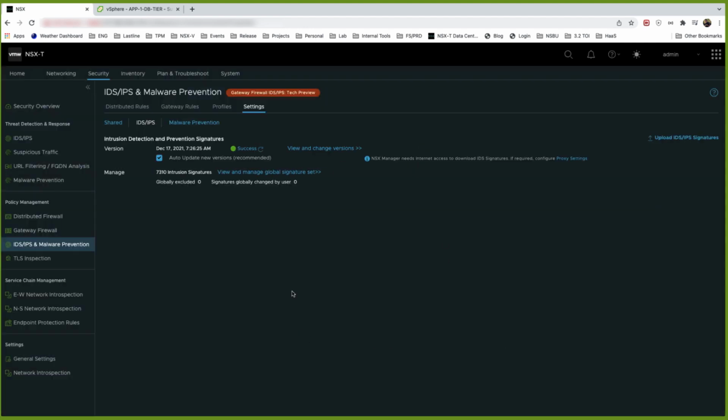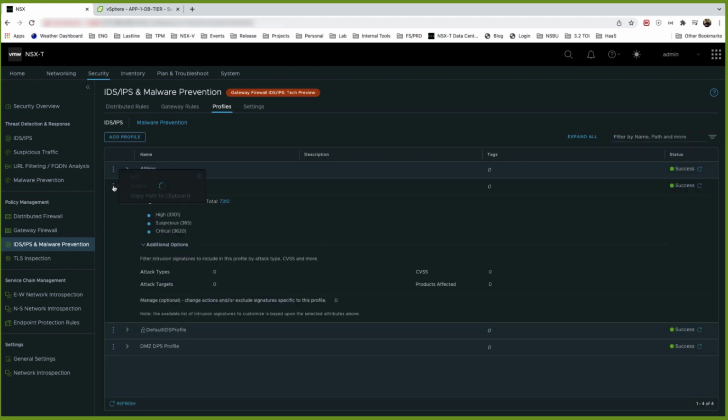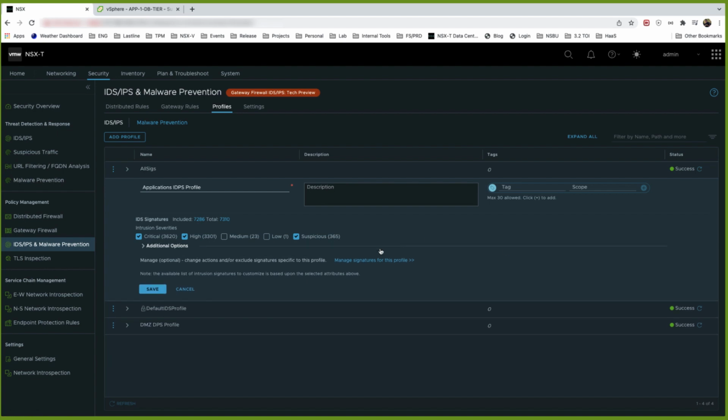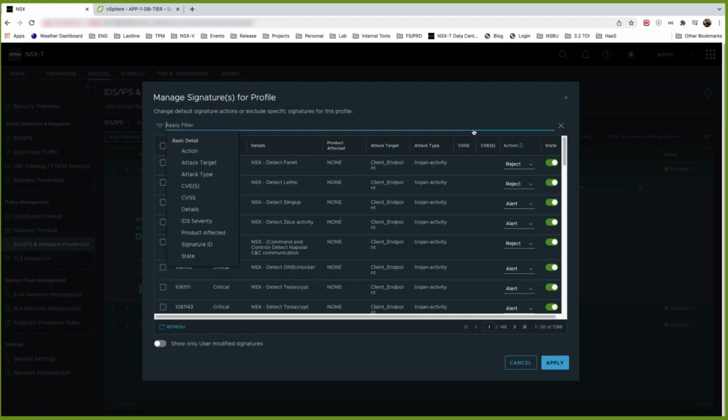Optionally, we can create one or more IDPS profiles, or we could just use the built-in default profile. Here we've created a profile that includes high and critical severity signatures, as well as signatures that indicate suspicious activity. Let's have a look at which signatures are enabled. And here we can filter based on things like CVE. Let me apply a filter based on